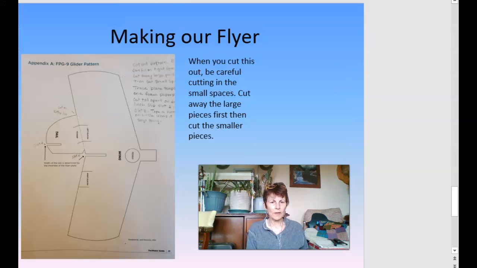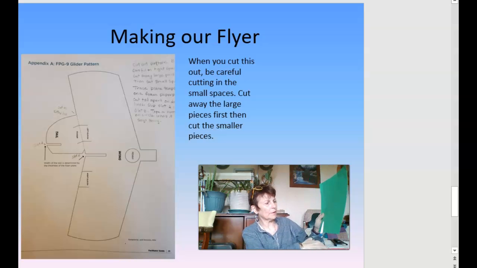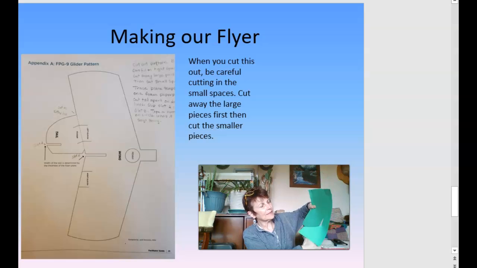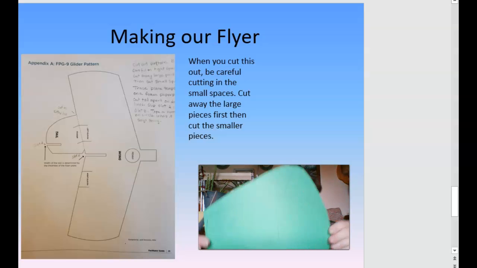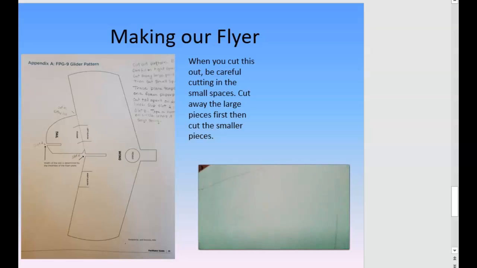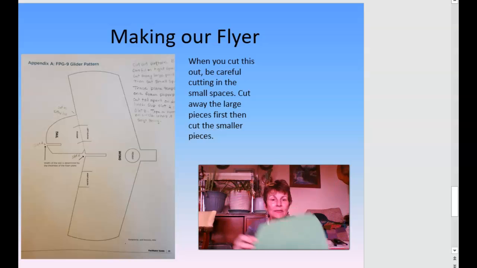Okay, so as I'm cutting out my piece of paper right here, there's a lot of extra paper here. So when it's time to get into the tight spots, I suggest cutting a lot of the excess paper away and getting it trimmed down to the part that is most important. I don't think you can see this, but you can sort of see my lines there. And so I've trimmed a lot of the stuff away, and I've just got the tail and the plane left. So once I cut all this out,